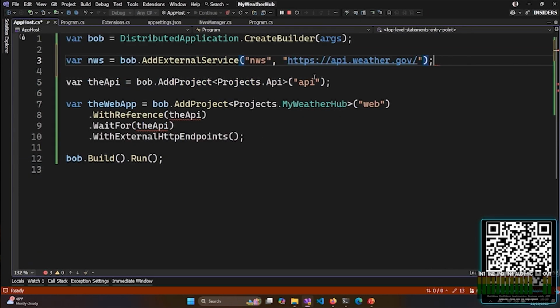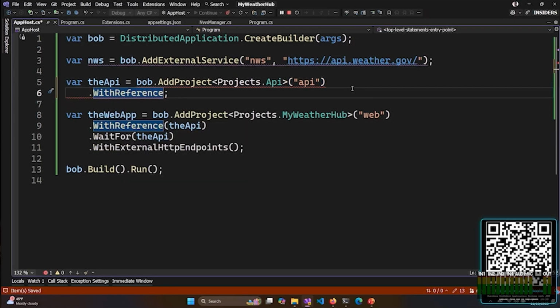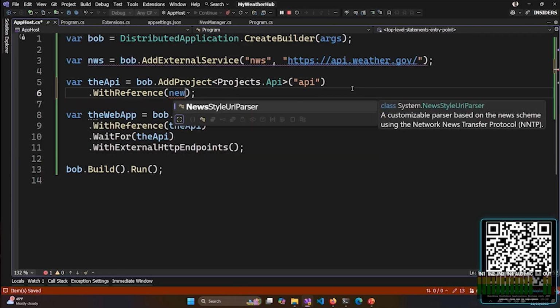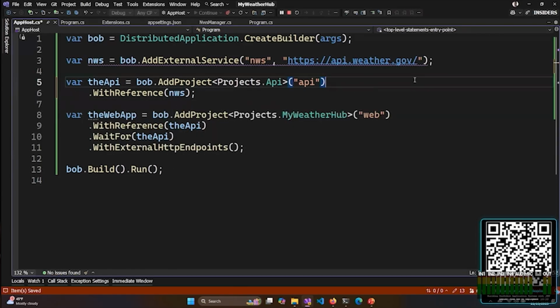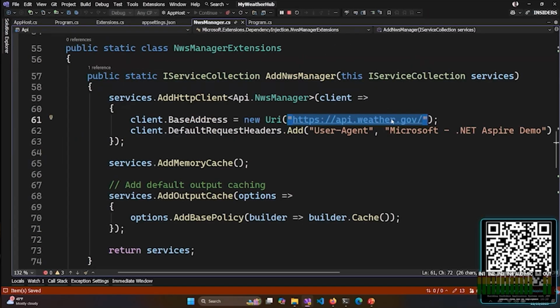So I'll paste that in, and now I can tell the API about that with the same WithReference syntax, and just tell it to go to, not news, NWS, there we go. So I'll go back over to my NWS manager, and I can replace this with just NWS. So now